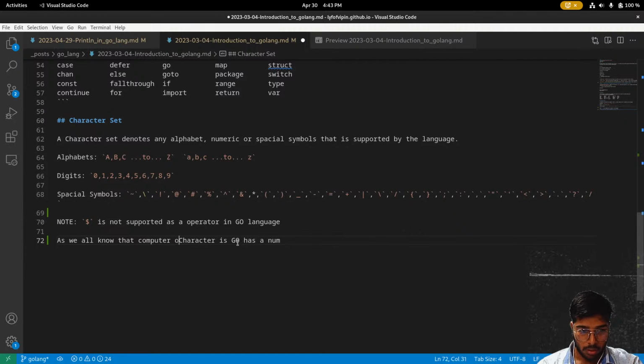The computer only understands numbers, zero and one. So there is a standard that